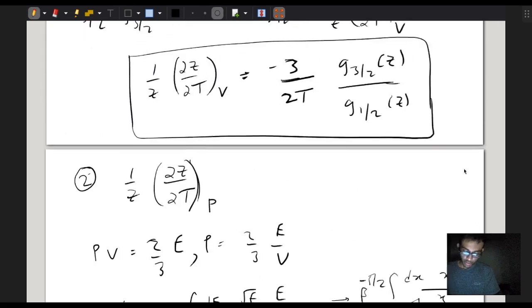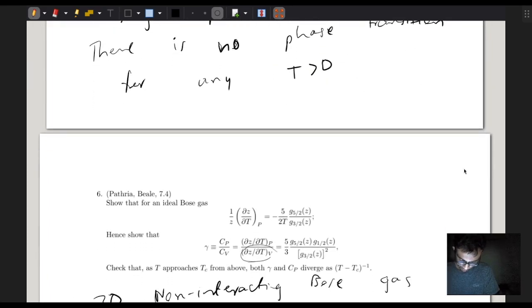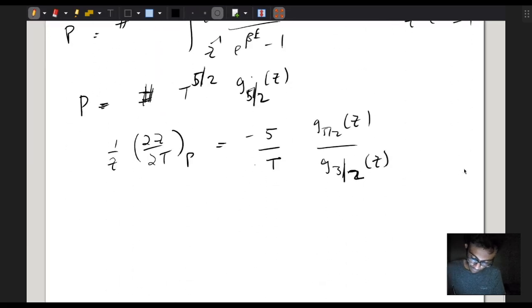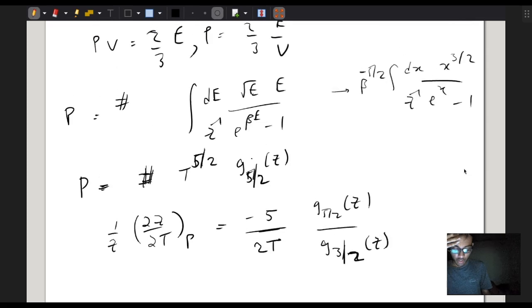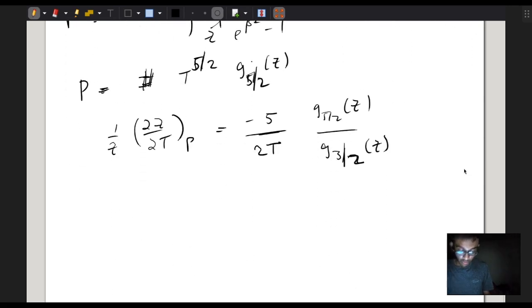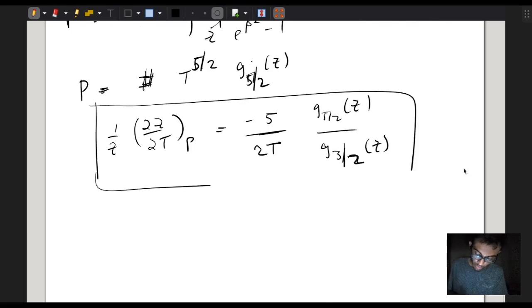Yeah, so this calculation, let me just check. Yeah, it's going to be 5 by 2t. Yes. So this calculation is going to proceed very similar to what we did here. Just using the recurrence relation for the derivative of the Bose-Einstein function, we can calculate this. So this much is done,